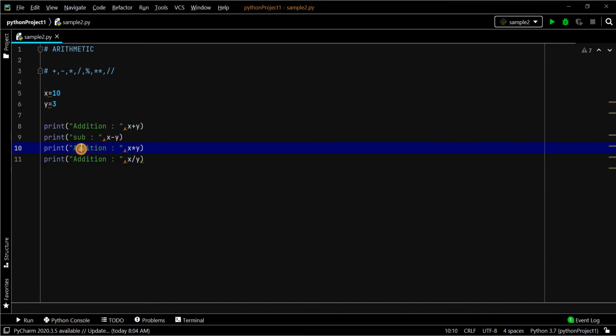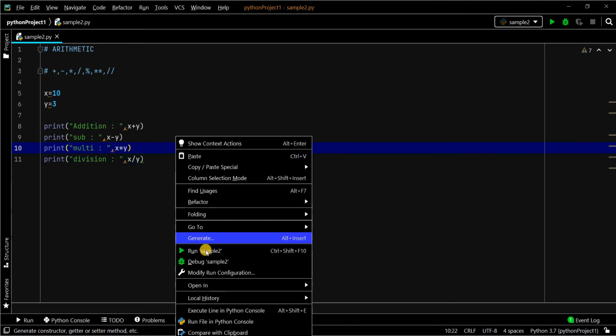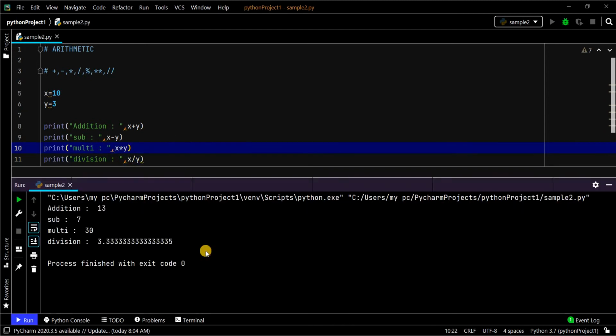Subtraction, multiplication and division. Let's see the result of this. Addition gives 13. So here division is 3.333.